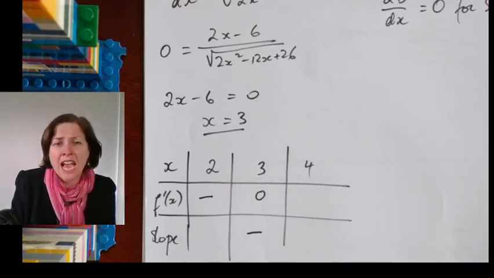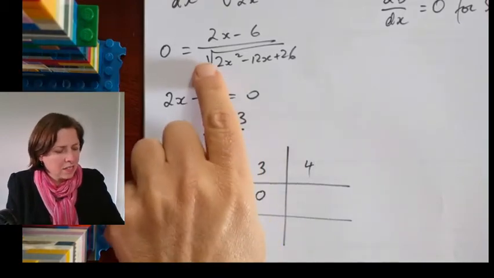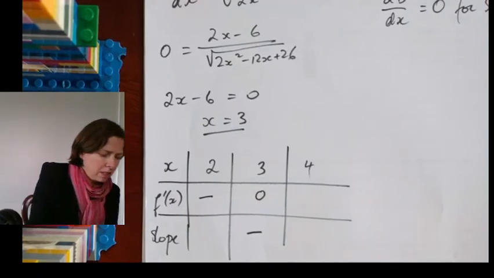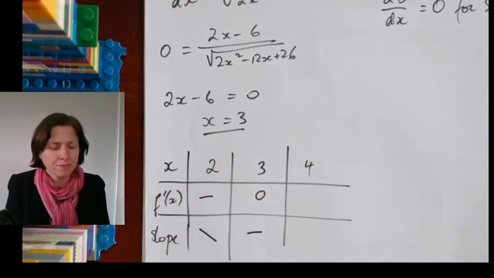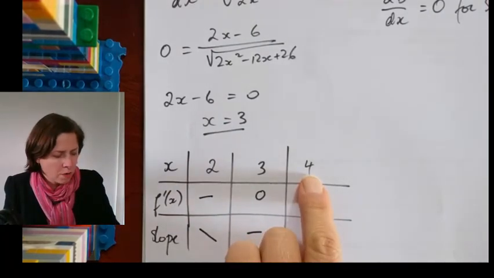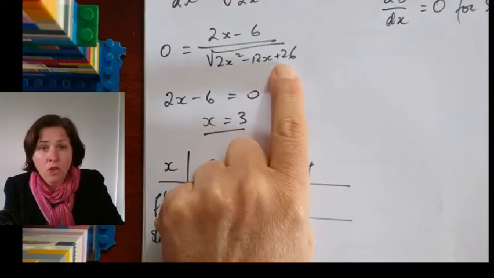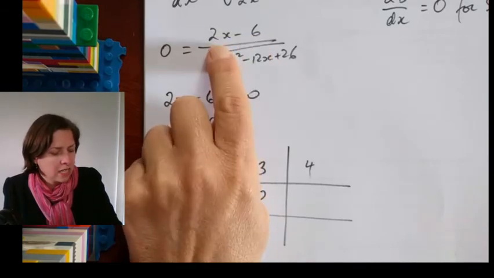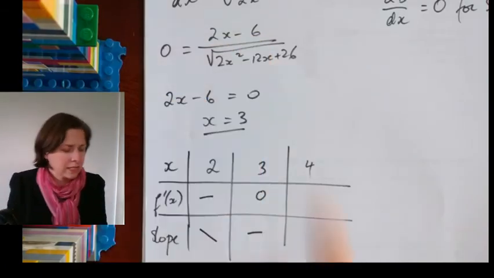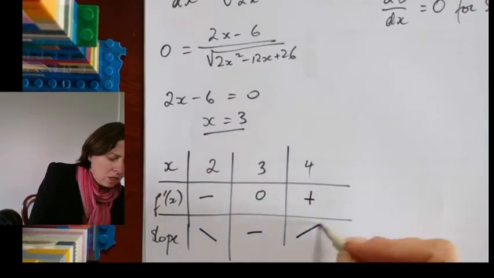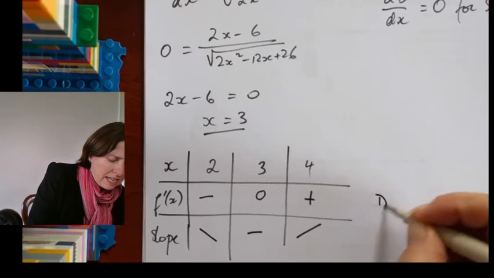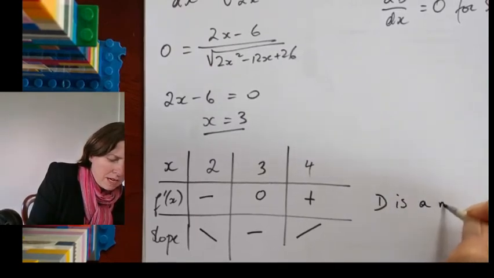Now, that's not the actual value, negative 2. That's just my numerator. The point is, this is going to give me a positive number. So what will this give me? It gives me a negative number, which means my slope looks like this. Now, if I put 4 on my denominator and I check that, I will also get a positive number under the square root. So let's check what I get in the numerator. 2 4s are 8, subtract 6 gives me a positive number, which means my slope looks like that. Therefore, D is a minimum